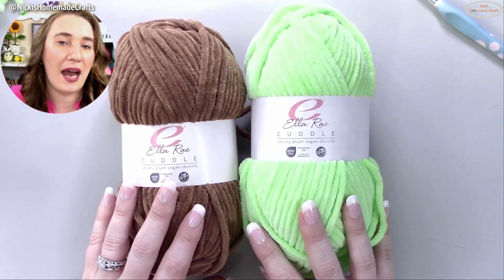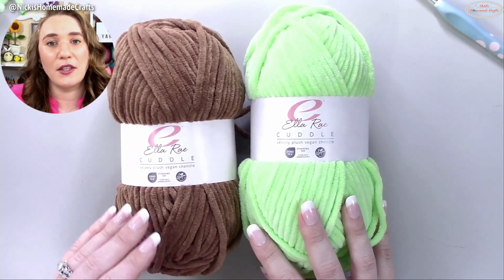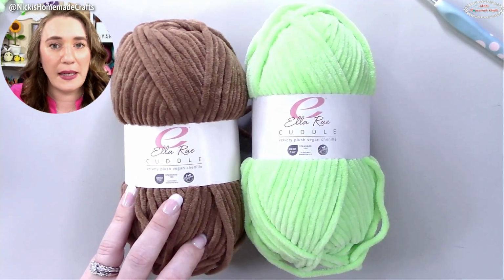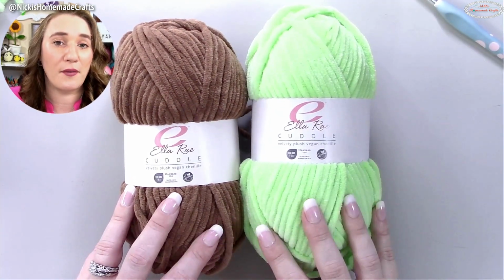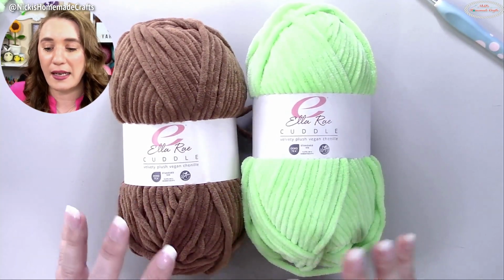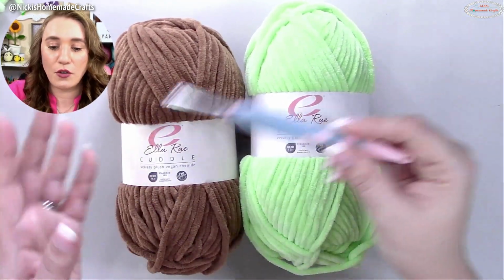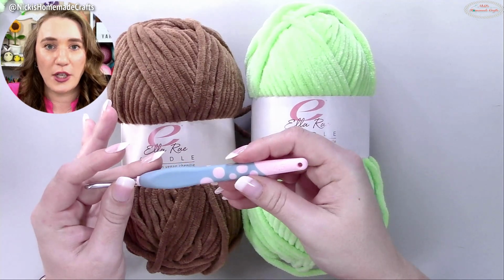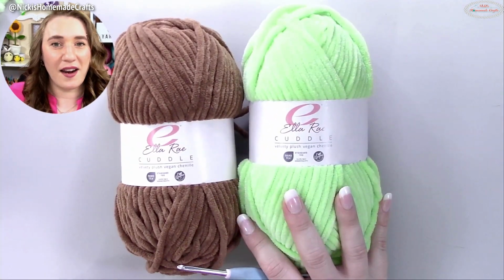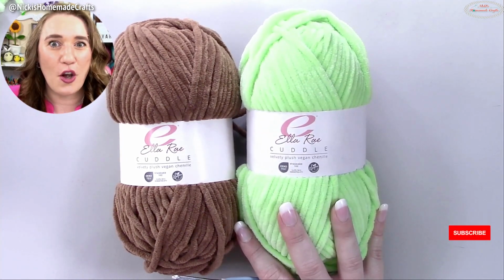So if you don't have a local store or you don't want to online shop or something like that, I do have some substitution yarns listed in case you want to use different yarn. They're all going to be chenille super bulky yarn, and I recommend sticking to that with green and brown. Today you're only going to need green, and it doesn't matter which green color it is, so just that you know. We're also going to use a 4.5 millimeter crochet hook for the entire mystery crochet along, so just that you know. Let's get started with the green yarn and make this super cute, very fast no-sew crochet pattern,